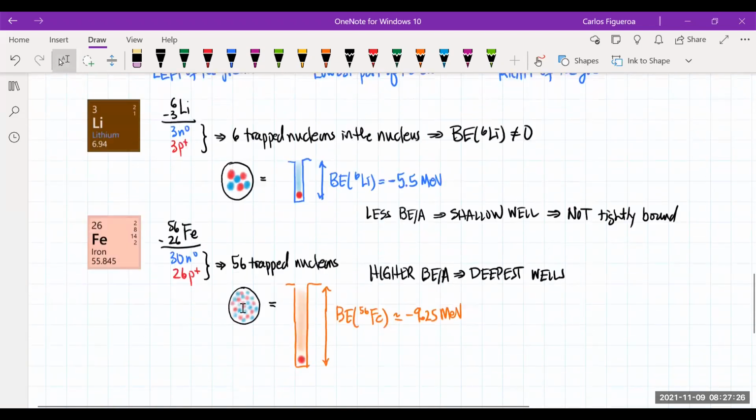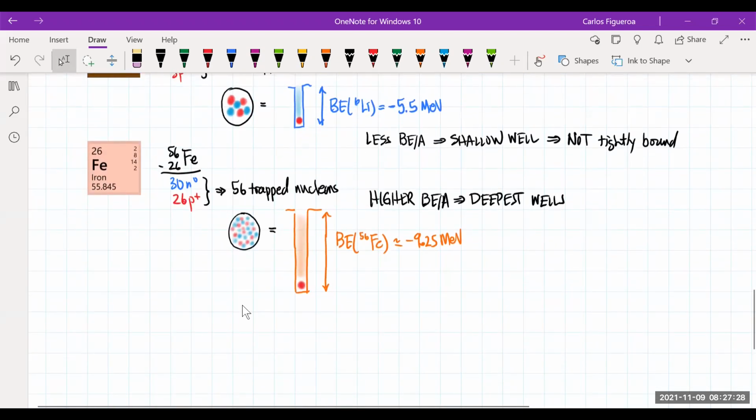But I'll change a little bit about what I said here. And so this means that this is very tightly bound. And that's because I'm comparing the deepness of the wells. And so what you find here is that I should really make a comment about iron 56. And what you're going to find out here is that